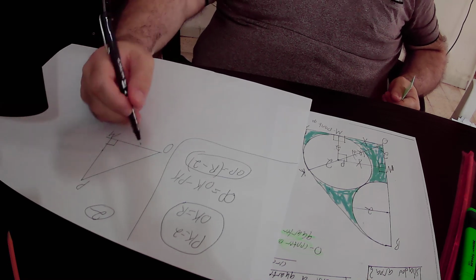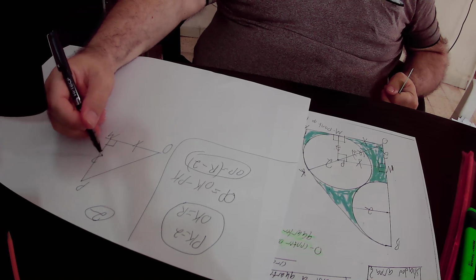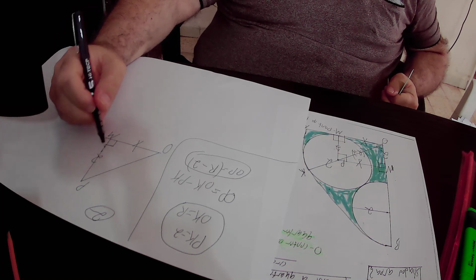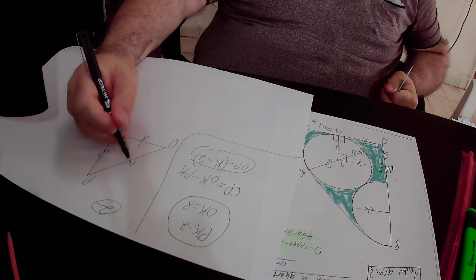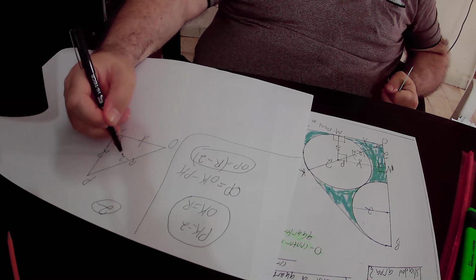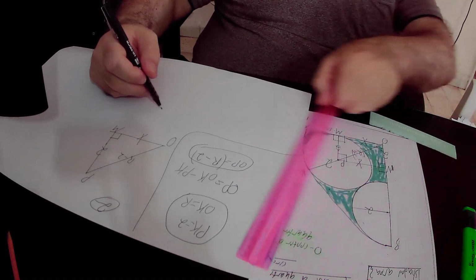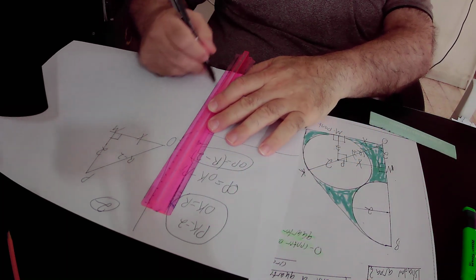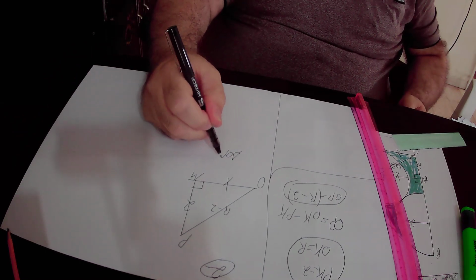Side OM equals X, side PM equals 2 units, and we just right now found out that the hypotenuse OP equals capital R minus 2. So in the right triangle, triangle OPM,